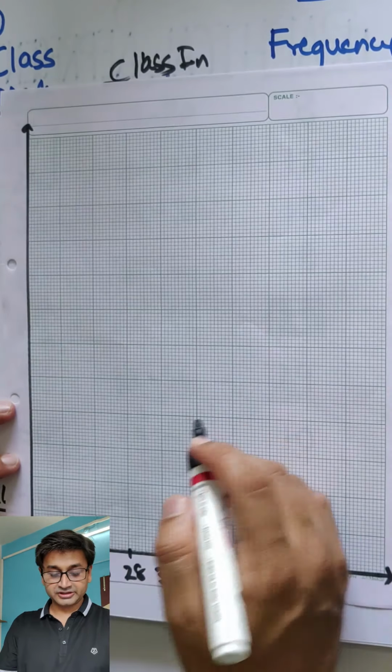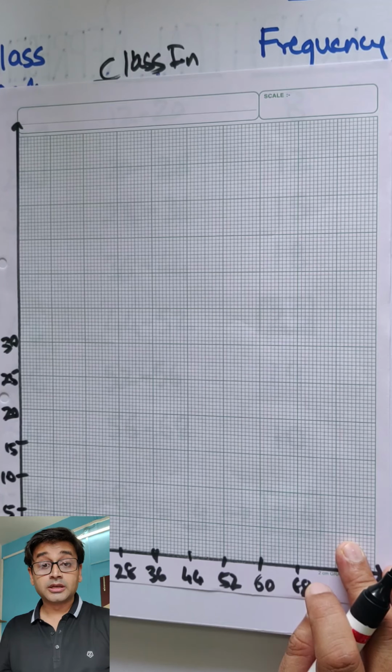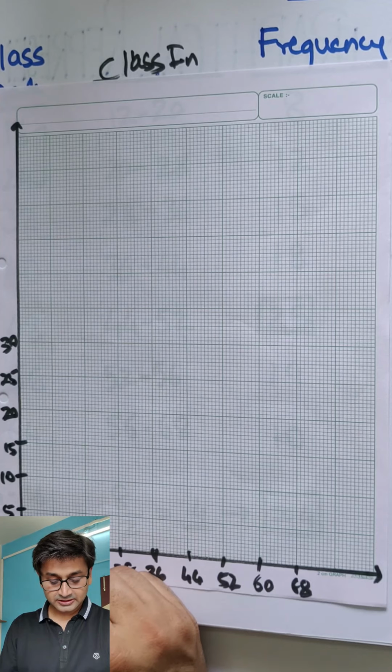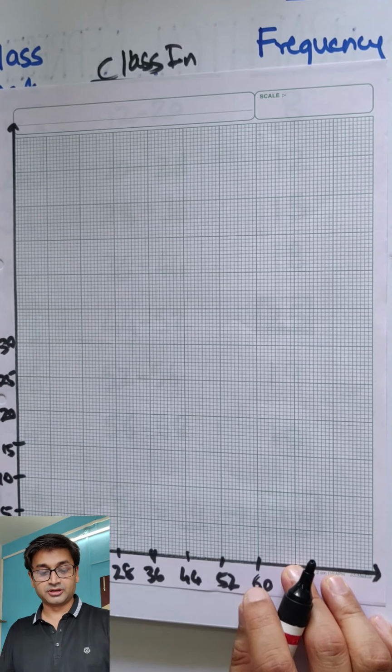Okay. Now frequency. So we decided we are going to take 5, 10, 15, 20, 25 and 30. I think 25 is the max. What is the first thing you need to remember? Superb. Kink. Is the kink required? Yes, it is. So put a Z. That's enough for the kink now.